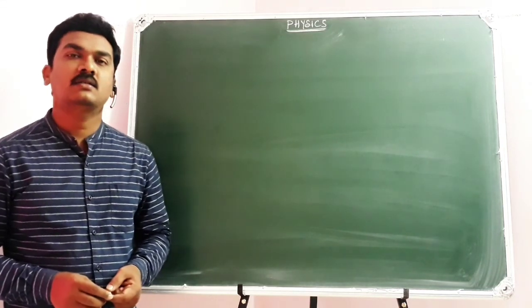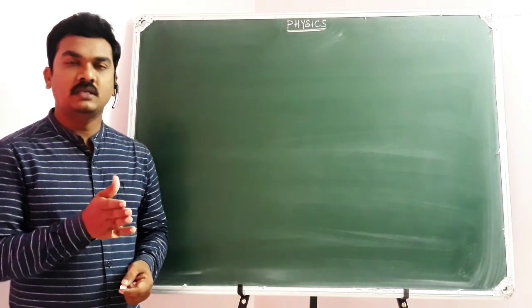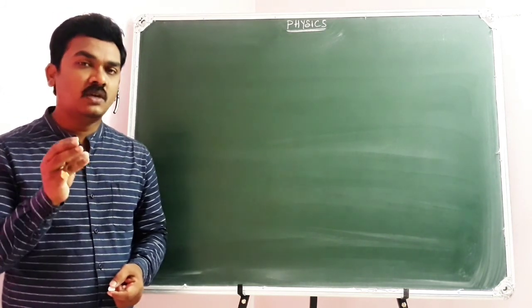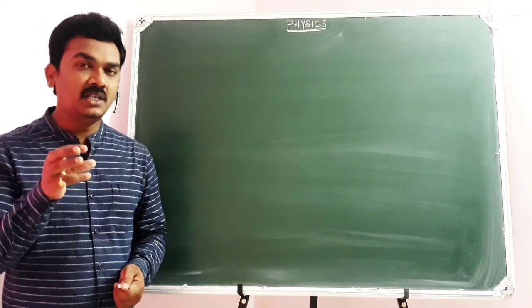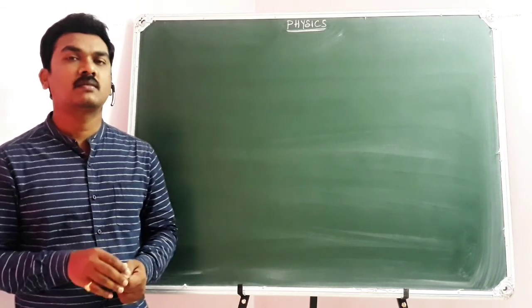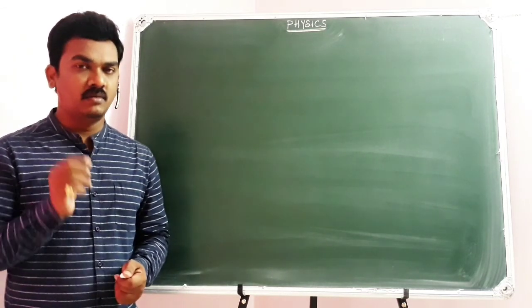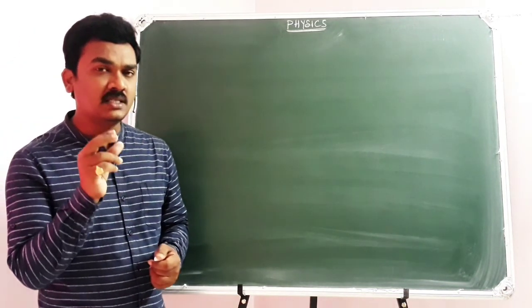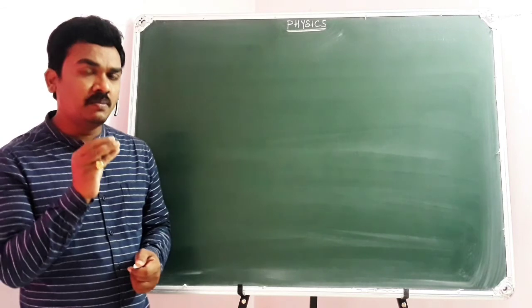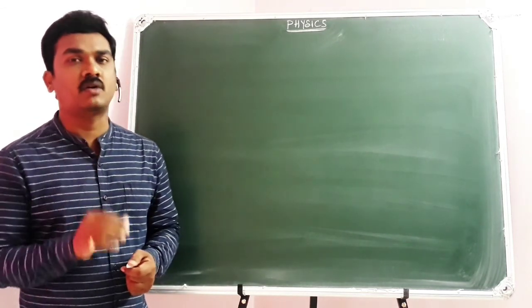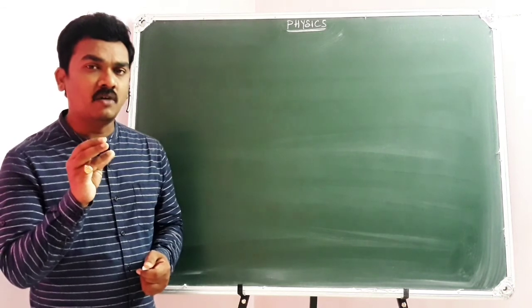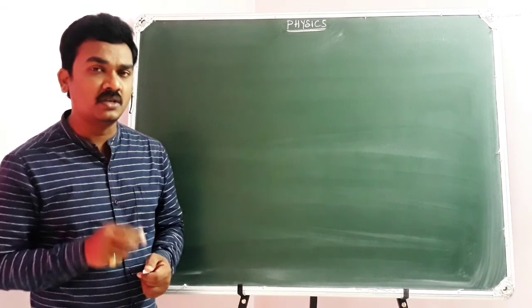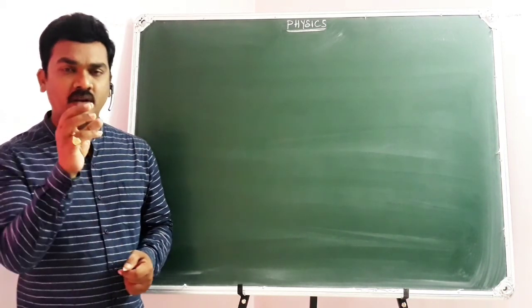In the last class, during discussion on gravitation, we dealt with the force of gravitation due to continuous distribution of mass. For that I gave one example also. There is a rod whose mass is M, where the mass is distributed uniformly along the length of the rod. Between the rod of mass M and a point mass, we dealt with the force of gravitation, and we derived a formula also.